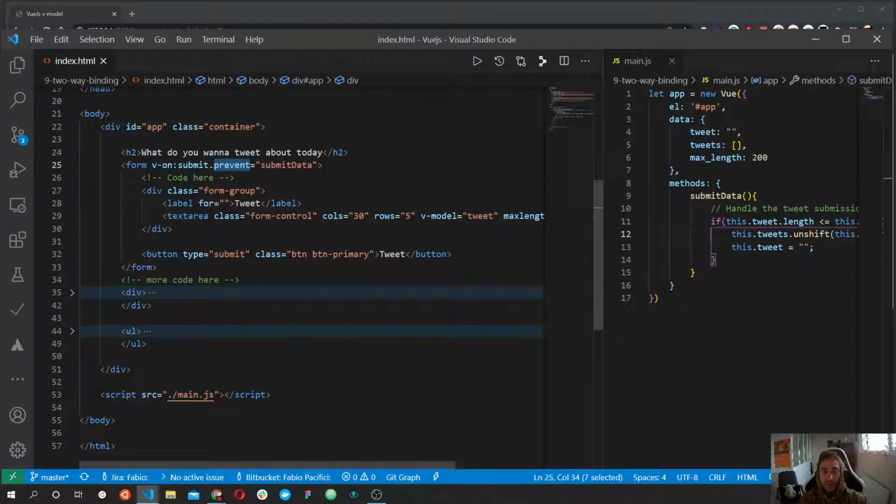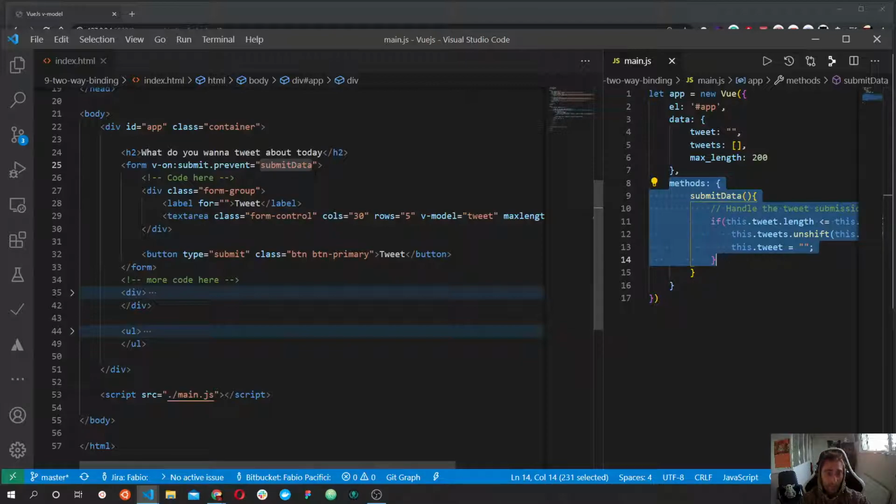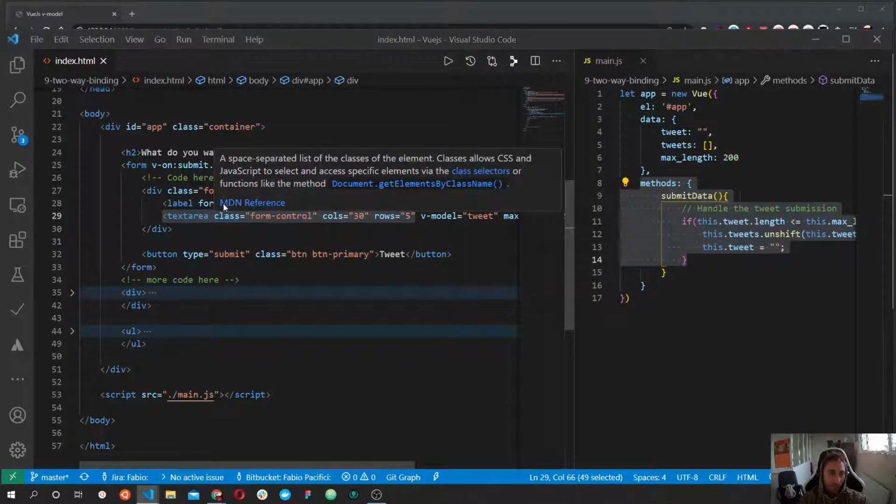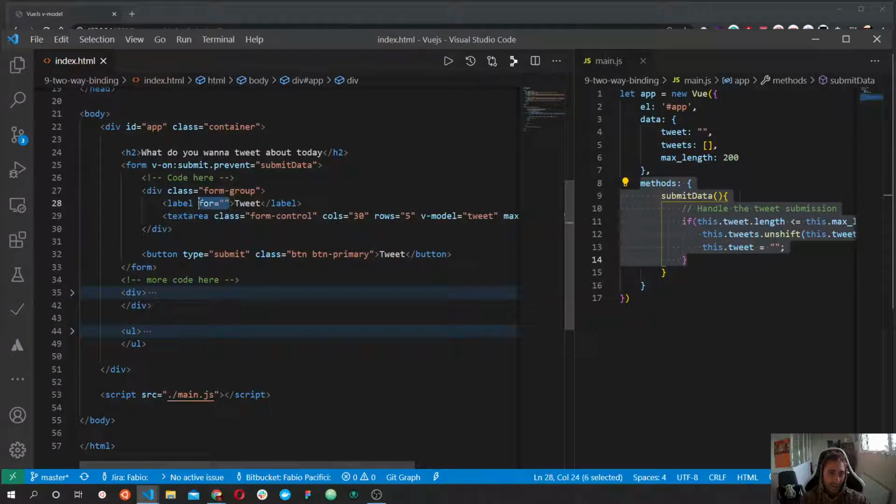We don't refresh the page, so we can use this form dynamically to submit data using the submit method that we define. So the submitData method is defined inside the methods object. So we have this method here that we defined inside the methods object. We have a form group with a label, with a text area, and after that we can get rid of some of these elements for now because we don't need them actually. So after that we have the submit button, and underneath we have this simple